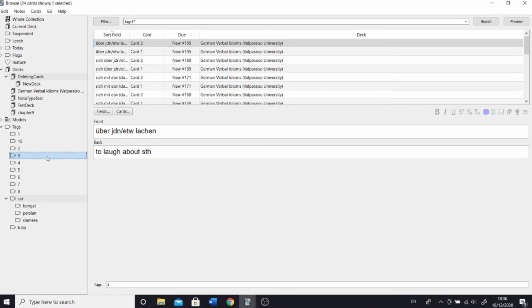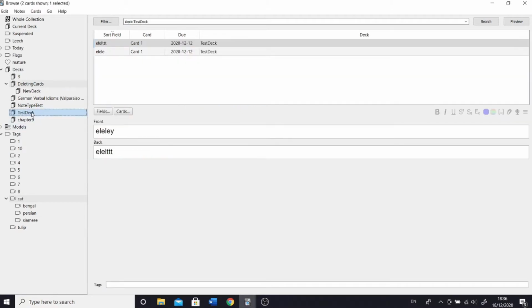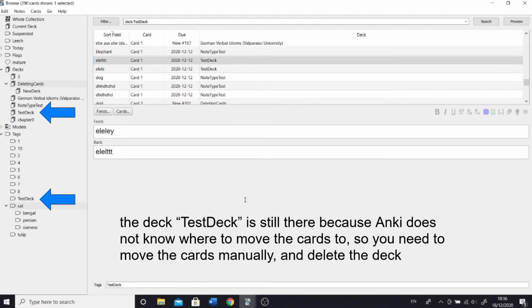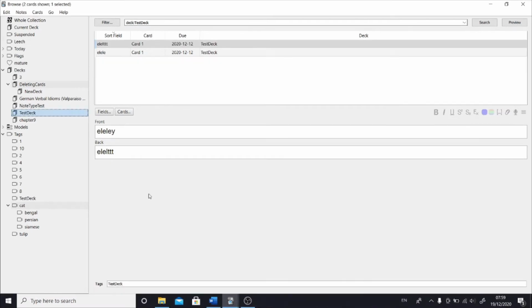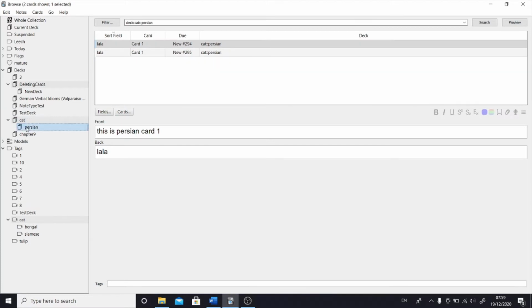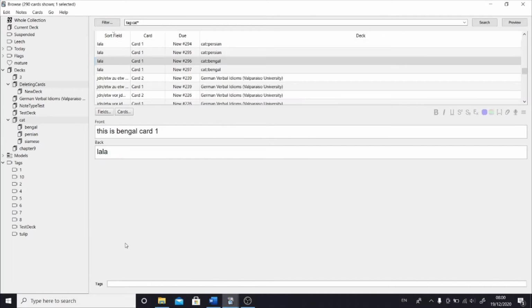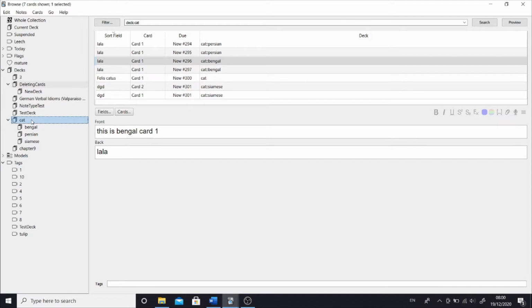On the contrary, the add-on I use has few extra features. For instance, you can quickly convert a tag to a deck and a deck to a tag. Also please notice that the deck tag conversion preserves the hierarchy. So if I click on Persian and convert it to a deck, two decks are created, cat and underneath Persian. And if I click on tag cat and convert it to a deck, then the tag cat and all the tags beneath will be converted to decks. Notice that we already have a deck called cat, so now we have all three breeds under the parent deck